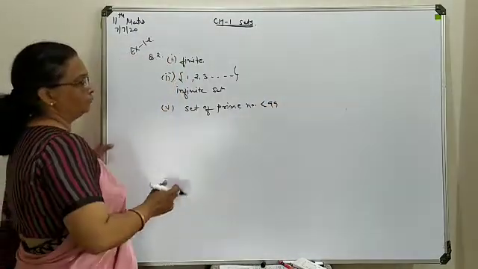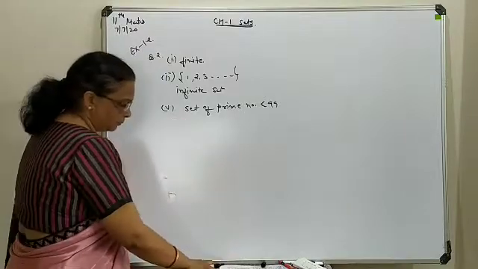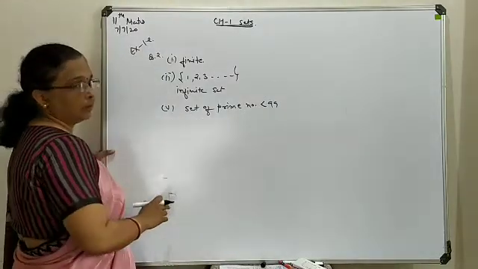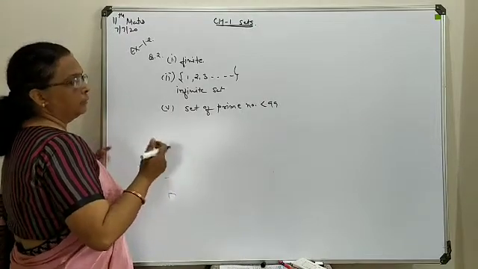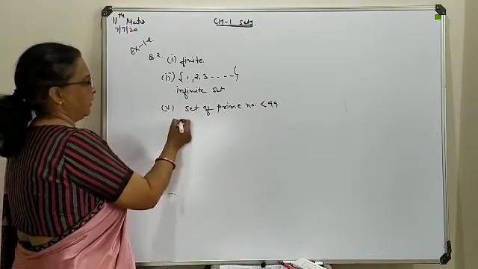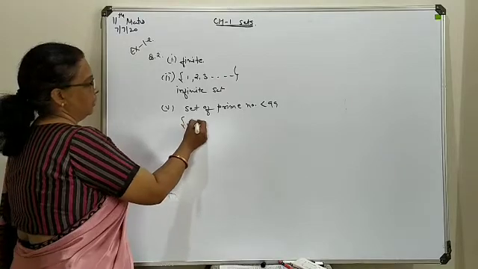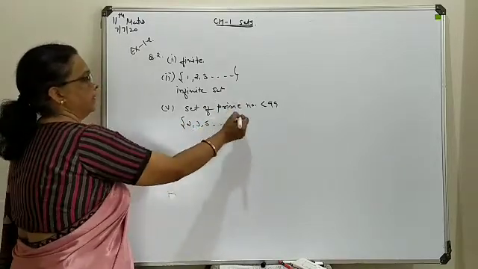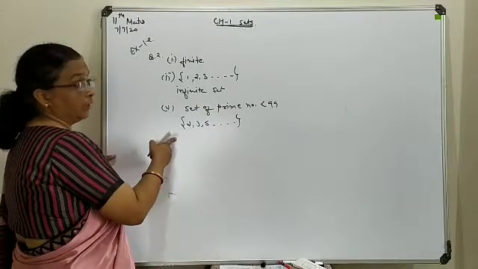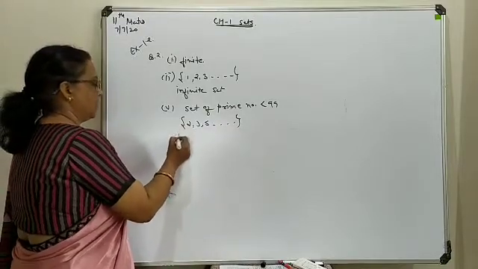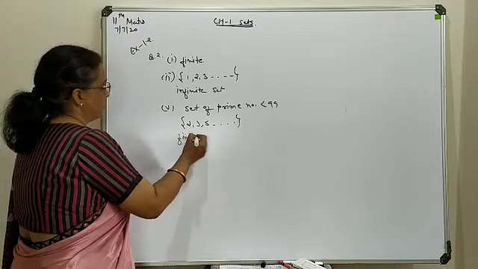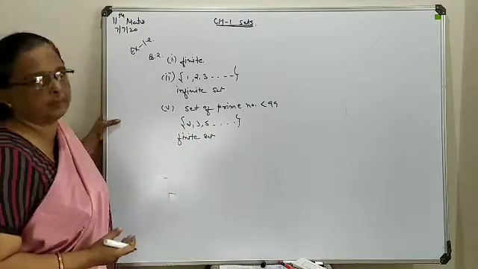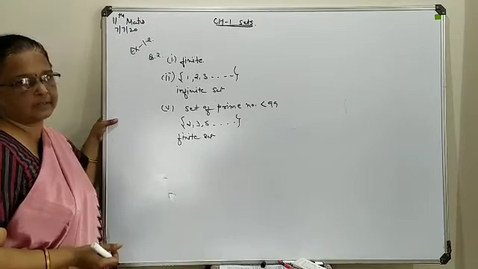So here also we can define it easily: prime numbers which are having value less than 99. If you define any set over here, it is your 2, 3, 5, then up to less than 99, it can be defined. So it will have a finite number of solutions. So this will be considered as a finite set.